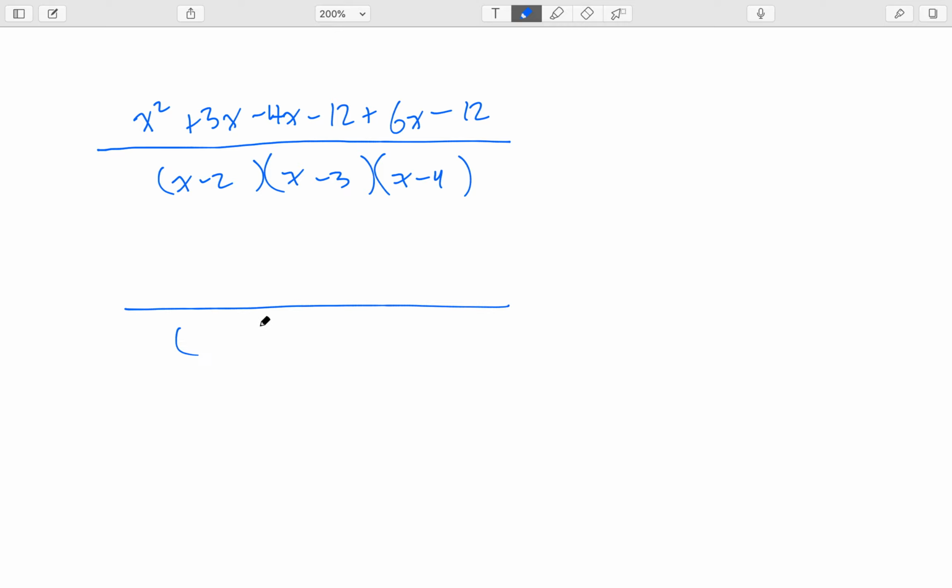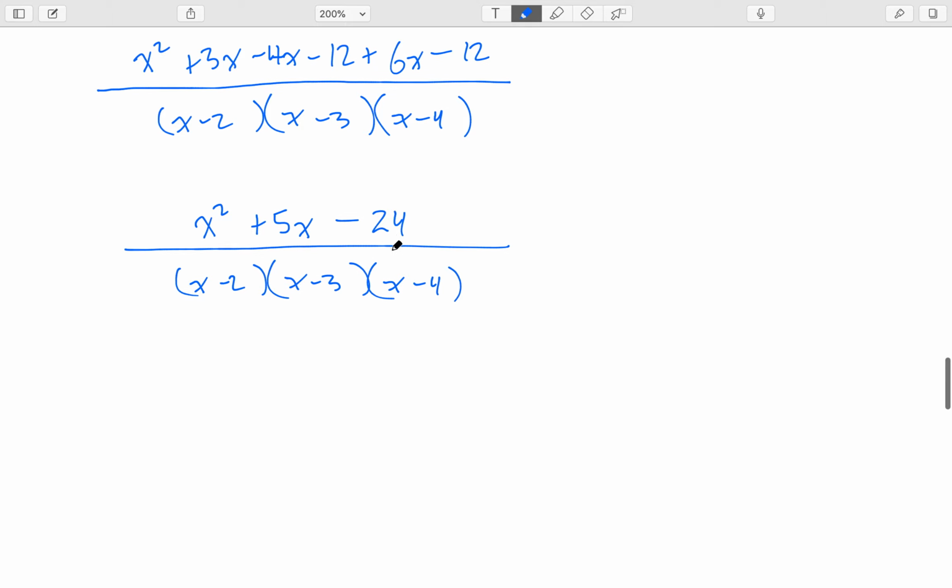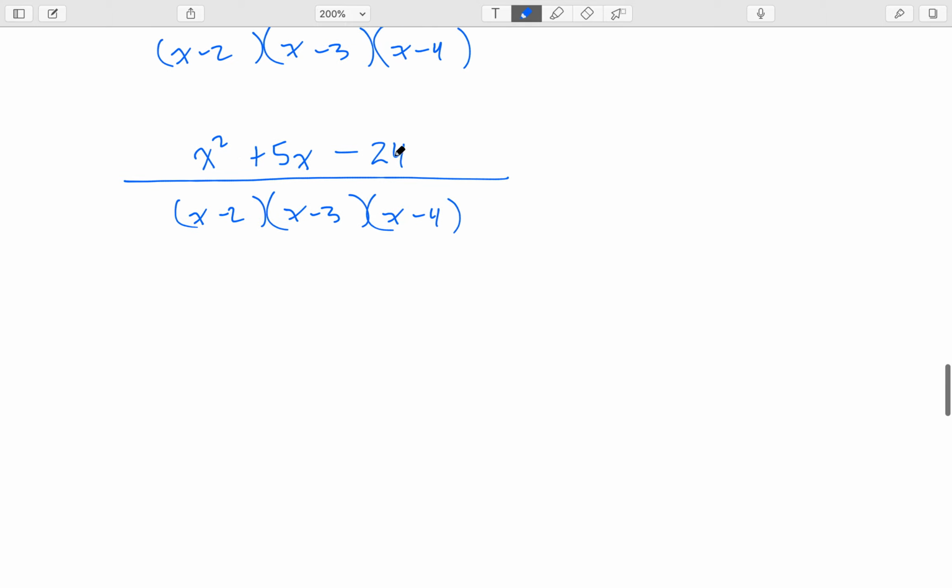I'm going to do the bottom first because the bottom's already done. Right? x minus 2, x minus 3, x minus 4. This becomes x squared. So minus 4 and plus 3, so minus 1, plus 6 is plus 5x. Minus 12 is minus 24. Oh, this is one that'll factor. This is an x minus 8. Hang on, what is it? Two numbers that multiply to 24. 8 and 3? 8 and 3. So,